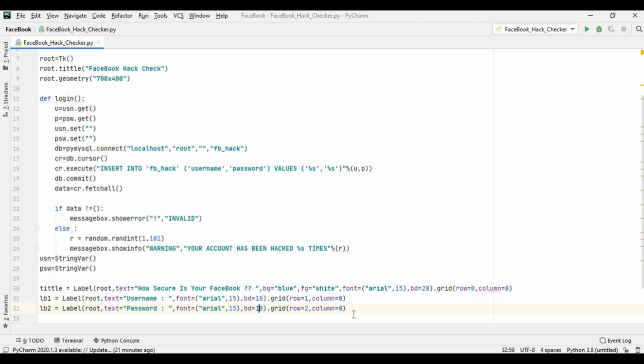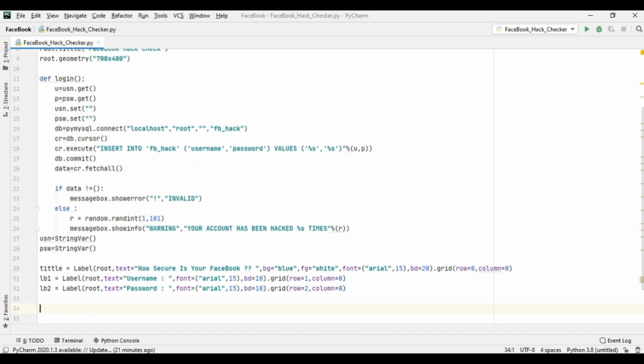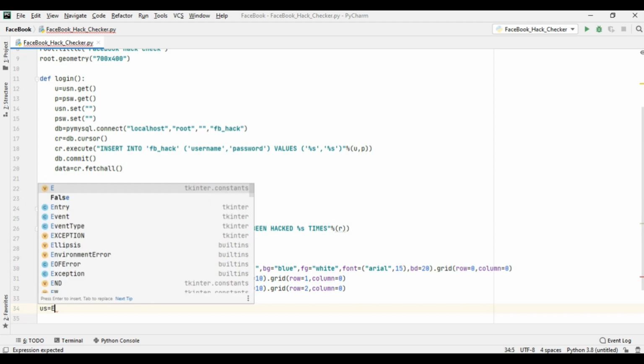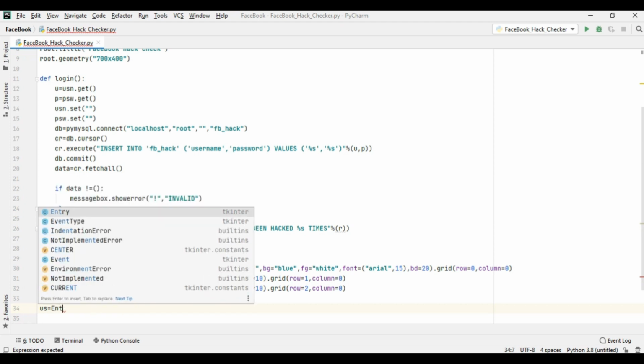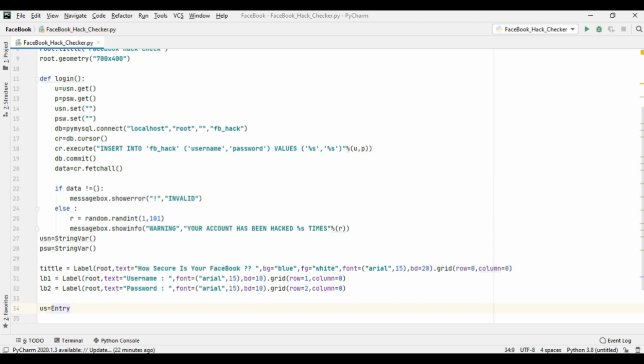And here, complete. Now take the data. Entry, root, 2020, Arial.